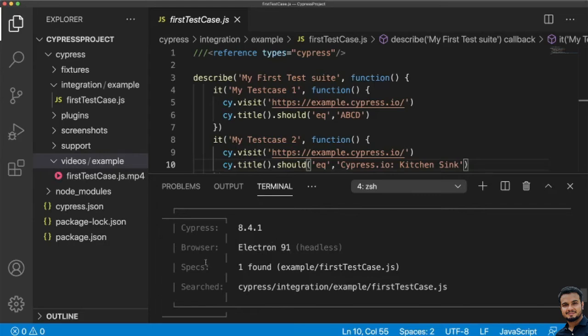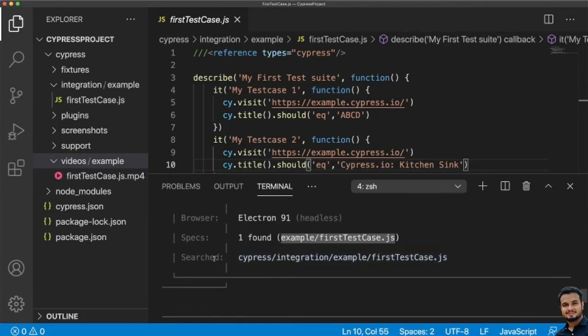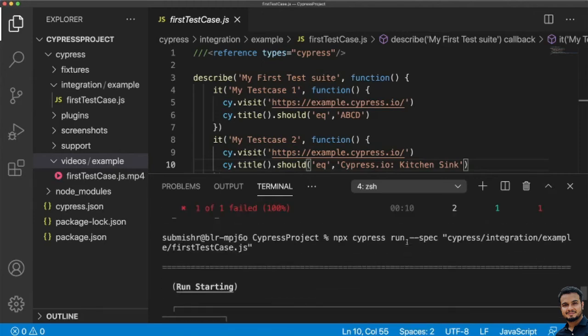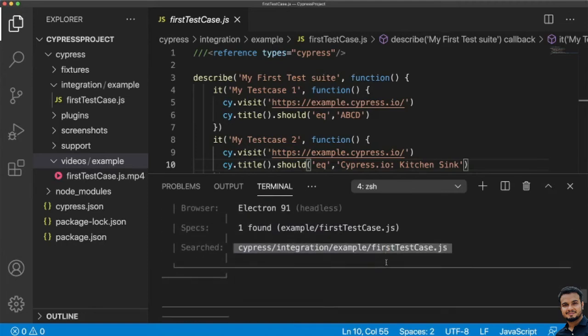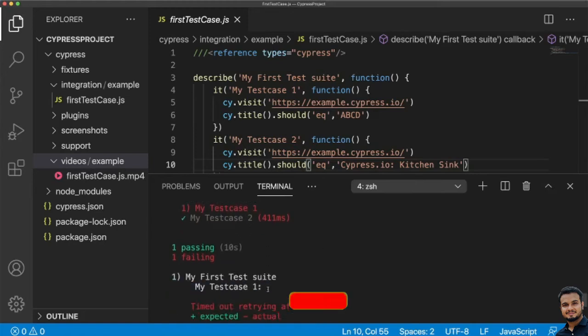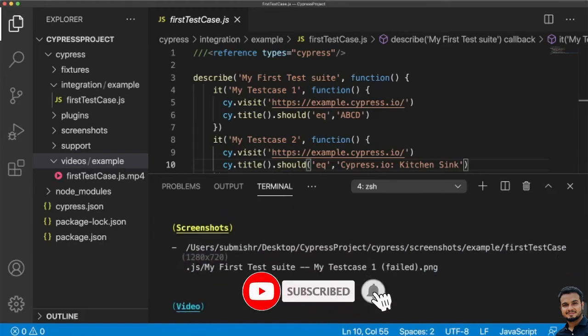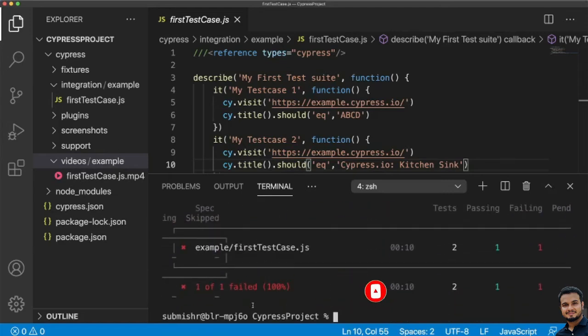The spec file is this fastsketch.js, and it searched for the particular path we gave here and then executed this test case. And again you know the result: one test case passed and one test case failed, and this is the screenshot and this is the video. All other things remain the same. I am just showing you the different ways you can execute it.